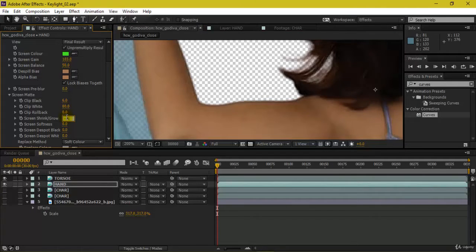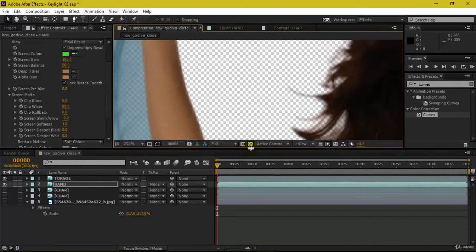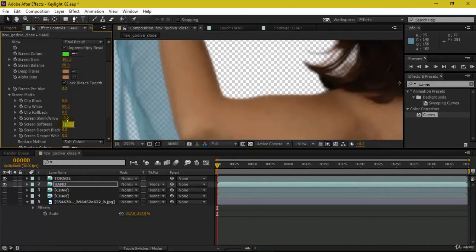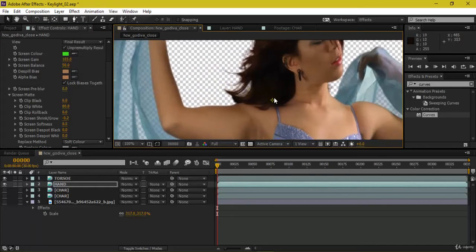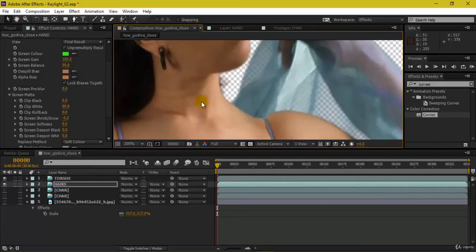You can also take minus 6 maybe, or maybe minus 2, and then on the screen softness you can enter 0.3 so that it creates a nice blur over here, or maybe 1. 1 will be too high, I guess. Let's make it 0.5. Yeah, this looks pretty good, and this is how you can adjust your edges.